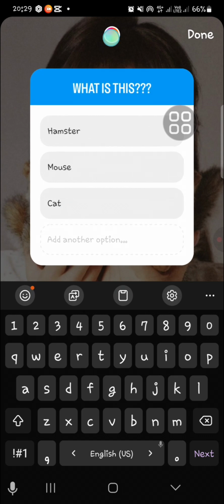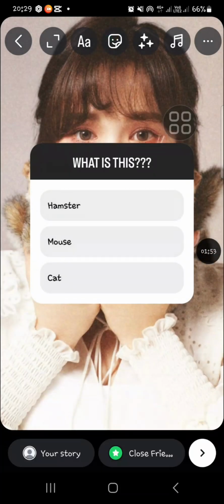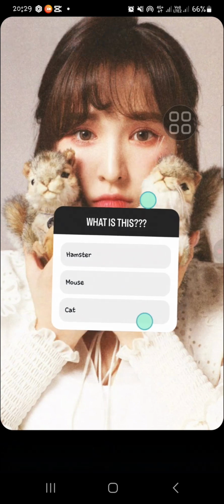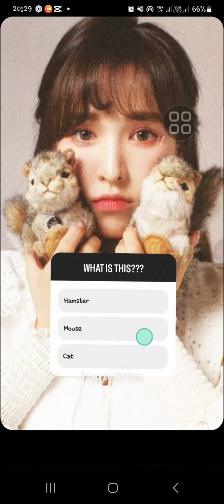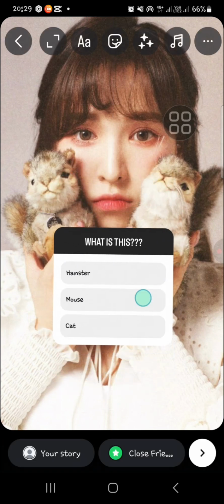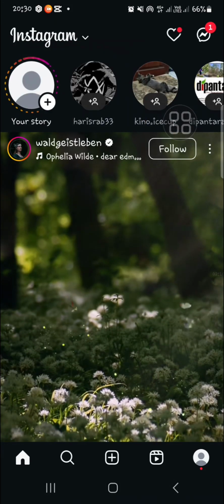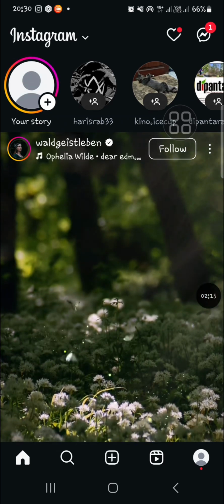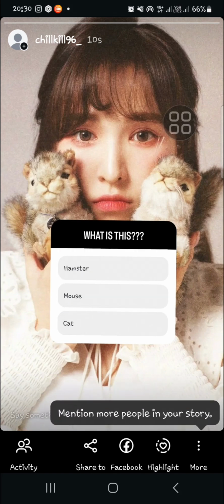Okay, you can choose the color that you want for your quiz, and you can click on done, and then you can zoom in or zoom out, and you can place this quiz sticker in any part of your Instagram story. Okay, and once you're done, you can click on your story to share this Instagram story with a quiz on it. Okay, now this story is being uploaded,